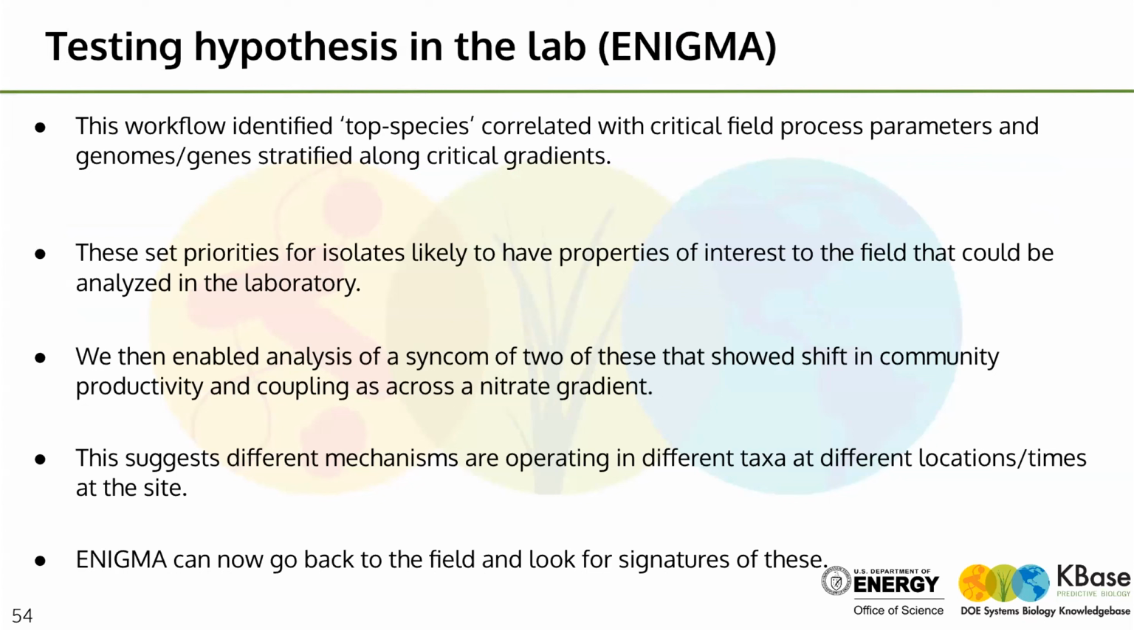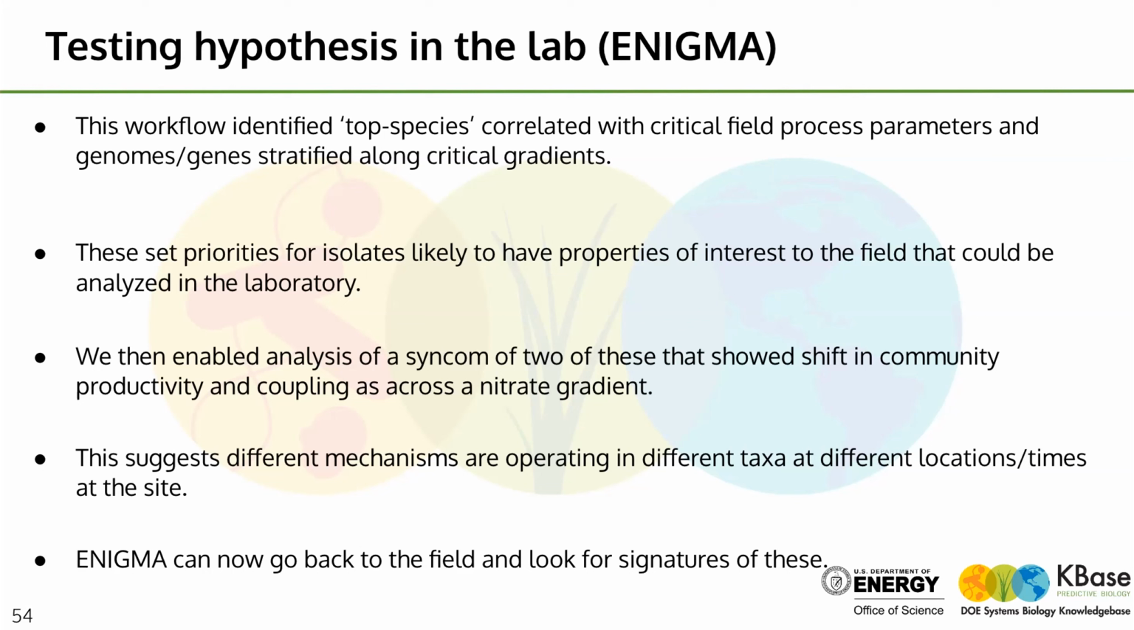So to summarize what we did there, this workflow identified from the field data the top species correlated with critical field process parameters, in genomes and genes stratified along those gradients. So we knew which systems and which organisms were likely to be important. This set priorities for the isolates that were likely to have properties of interest to the field that could be analyzed in a laboratory. We were able to analyze those by assembling their genomes, annotating them, and understanding their functional capabilities. We were able to then use that genomic information in comparison to MAGs and other things to figure out which two to bring together into a SynCom,